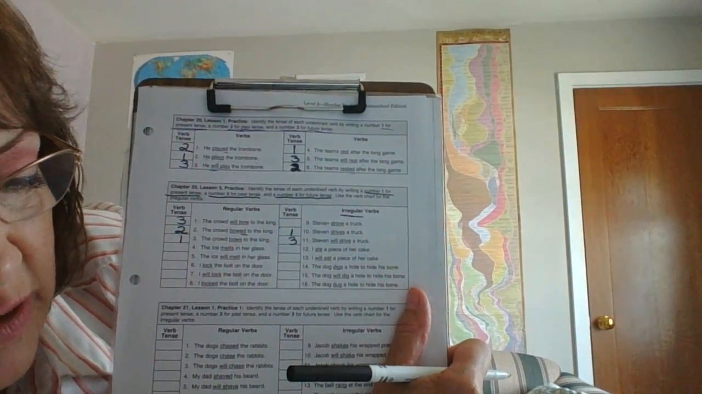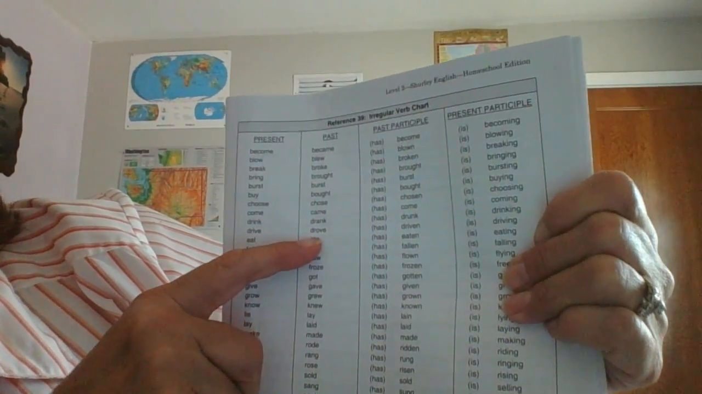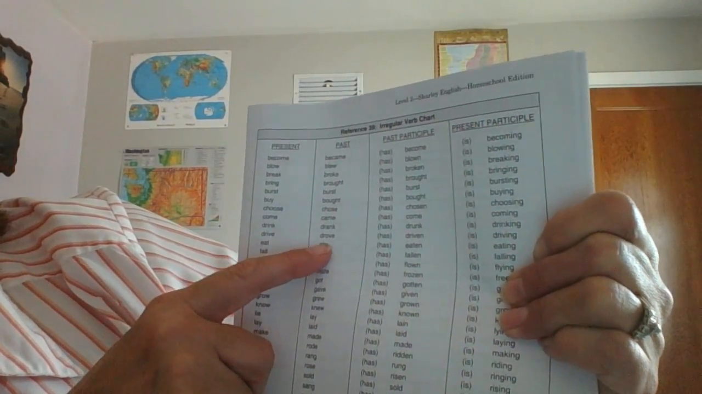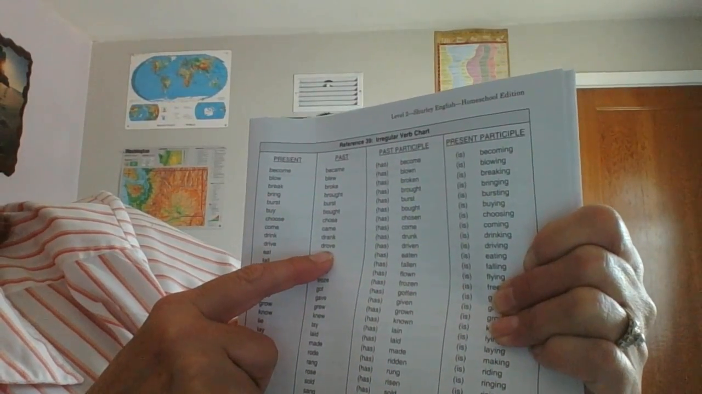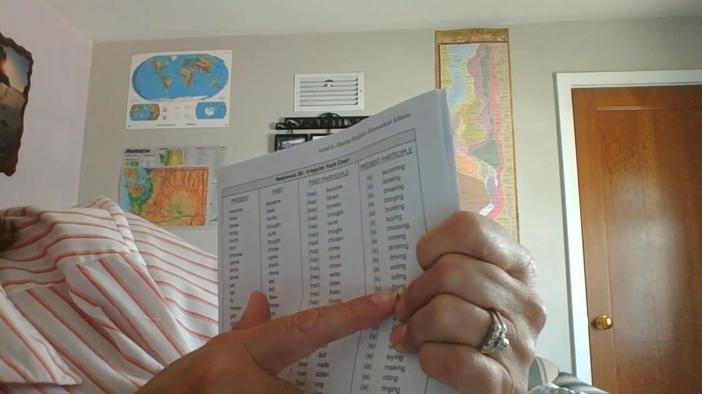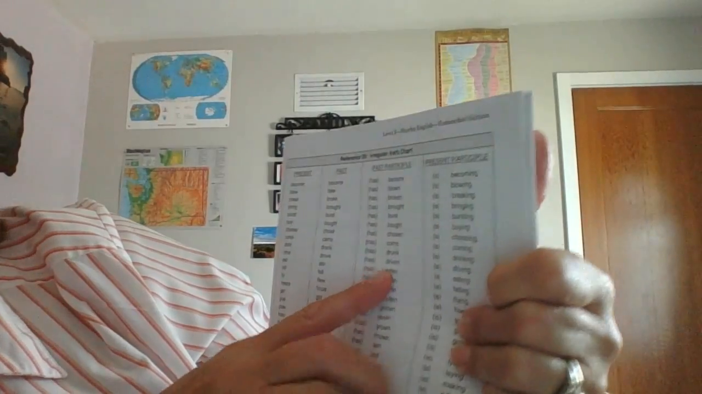However, let's go ahead and take a look at our irregular verb chart on page 27. Do I see the word drove on our irregular chart? Okay, there's our present tense drive, past tense drove. And that's just, has driven, is driving,